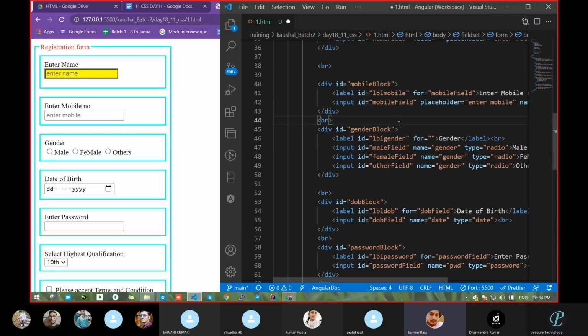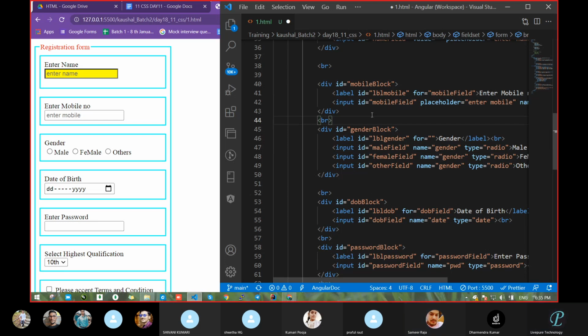Suppose instead of ID I write class, and I write the same class value for the value. It will not work. Right now it is working with ID. With class, will it work or not? No, that will not work.